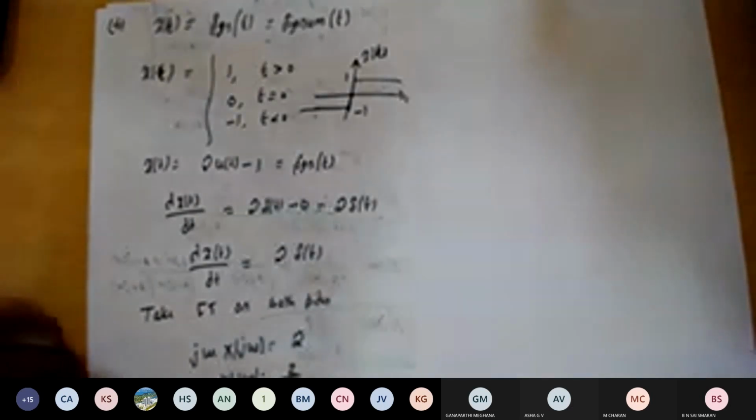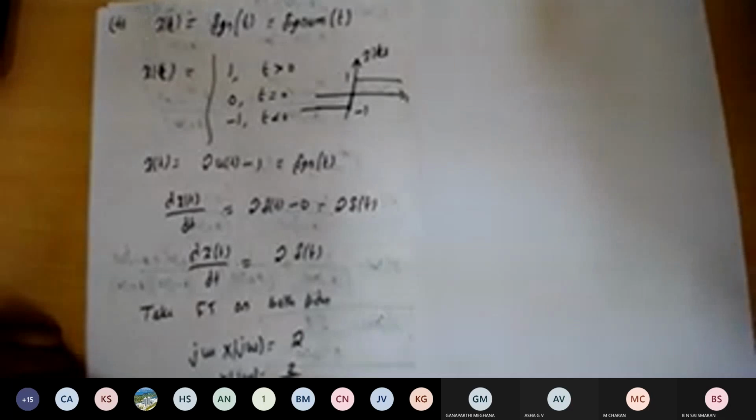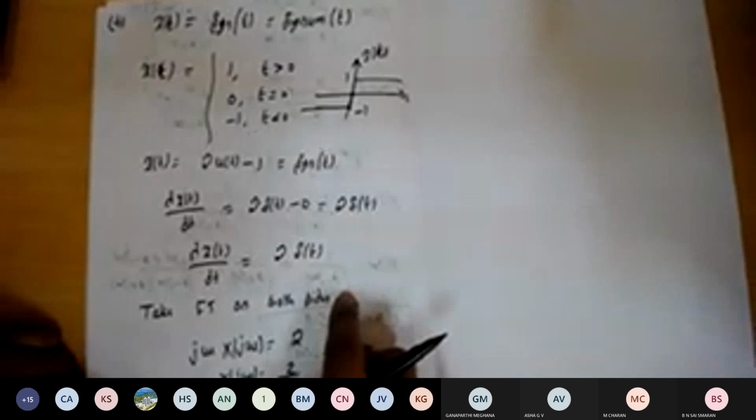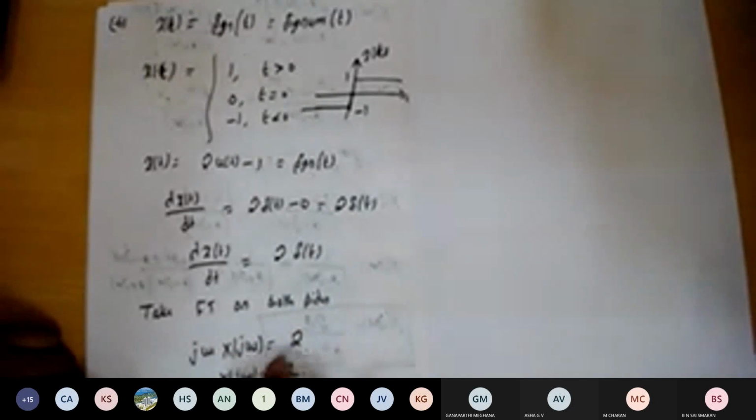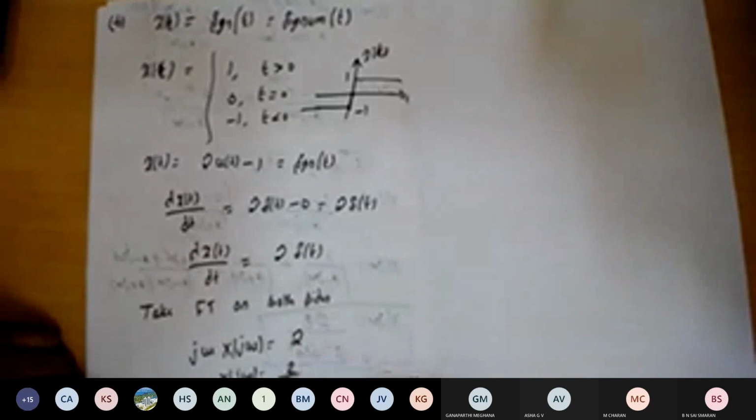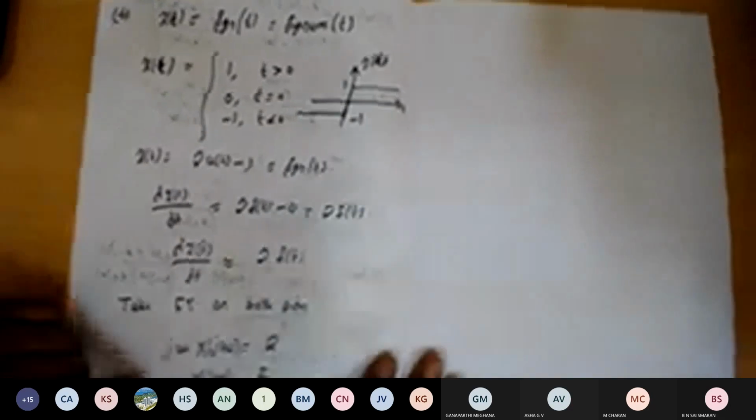So if I find the magnitude and the phase response, it will appear like this. For omega equal to 0, the maximum value will be there. As omega increases, this value reduces, so it will become like this. That is the magnitude response. And in the phase response, since j omega is in the denominator, I can write the magnitude and the phase response.